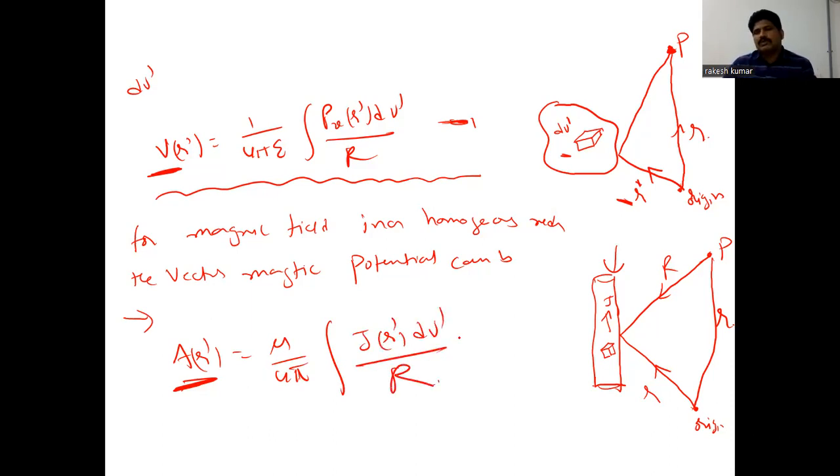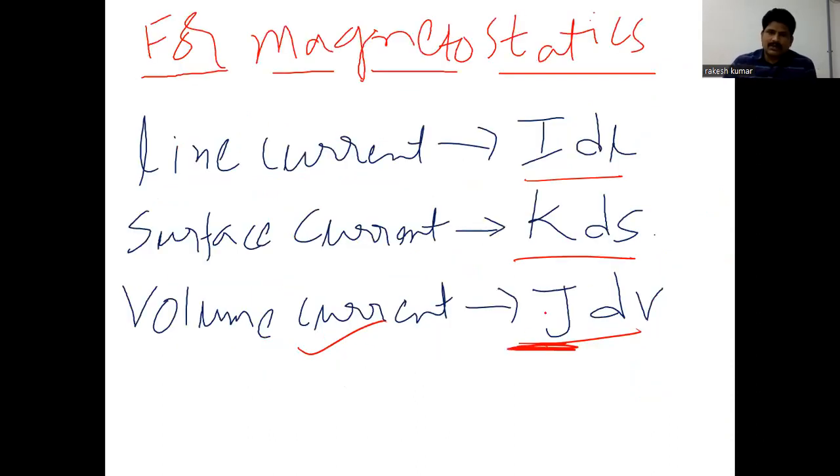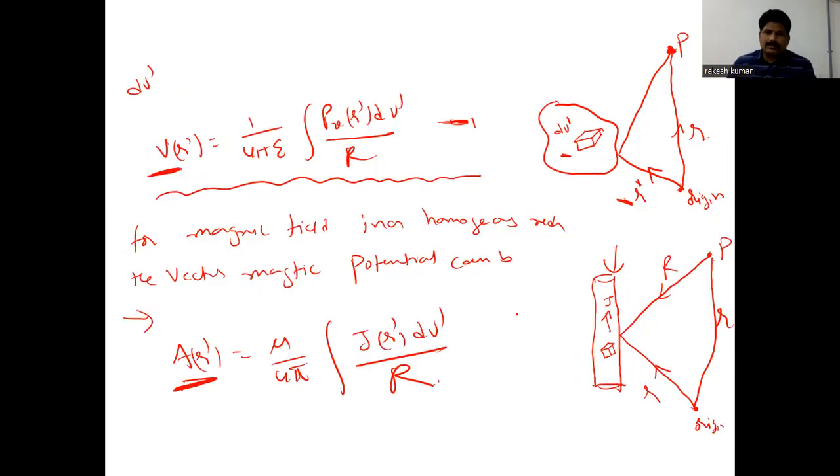Okay, so these are all the formulas we have studied in electromagnetics. This is the formula. Volume current is represented with J. Next, the charge and current distribution producing the